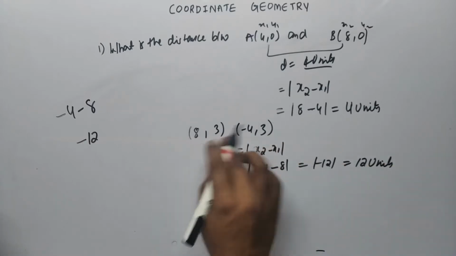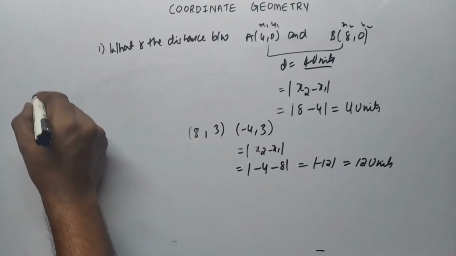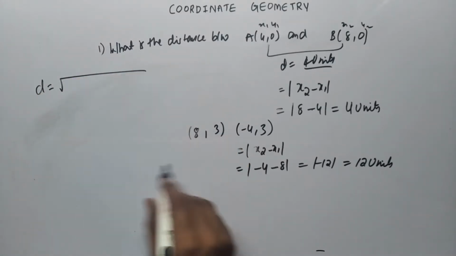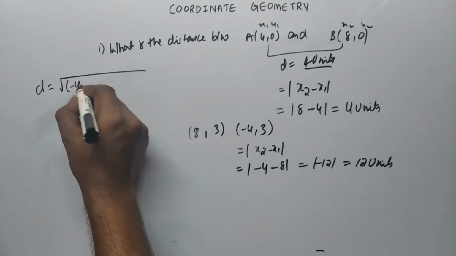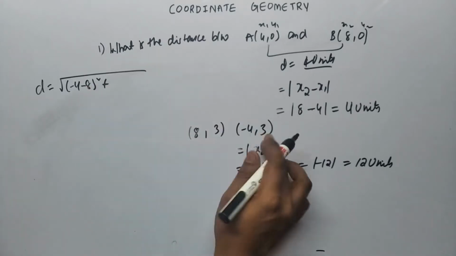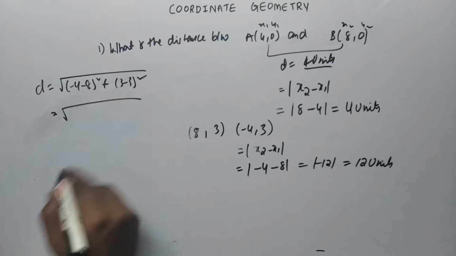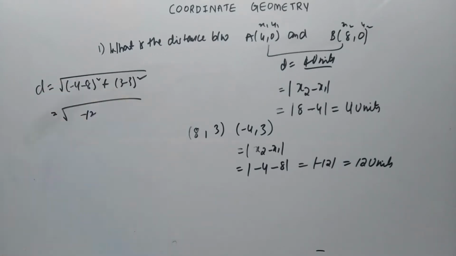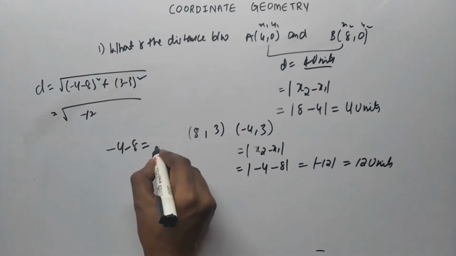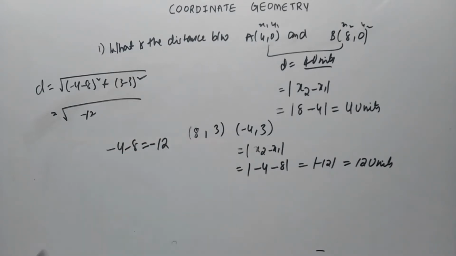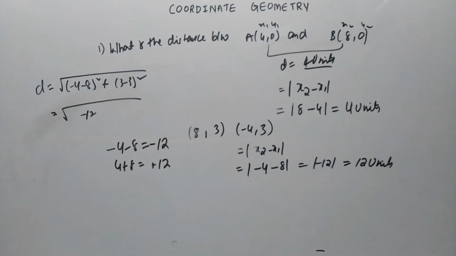So if I find the same thing with the help of the distance formula, the distance formula is x2 minus x1 whole square plus y2 minus y1 whole square. So minus 4 minus 8 whole square plus 3 minus 3 whole square. So minus 4 and minus 8, if you have the same sign, just remember this concept. Whenever we have the same signs for the two numbers, we need to add the numbers and keep the same sign. As you know, 4 plus 8 is 12, we will get a plus symbol.